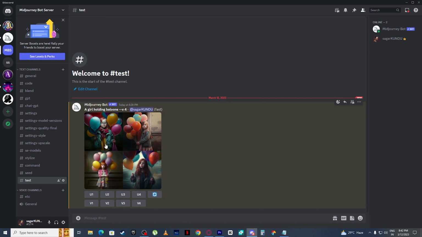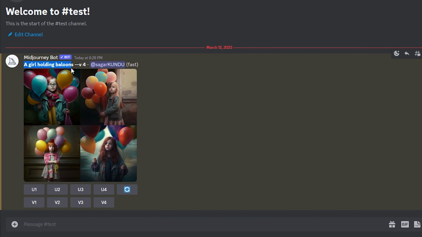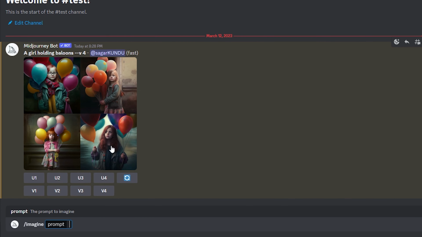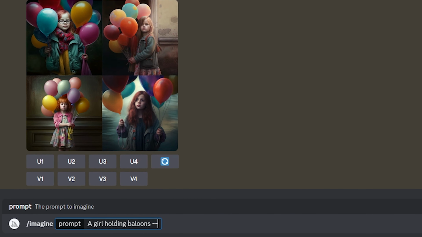So what you can do is you simply copy this prompt, then come here, type slash, select imagine, paste this prompt, then type dash dash, then type no, and now here you simply have to type whatever you don't want in your AI image. So for example, I don't want red balloons, so I will type red balloons